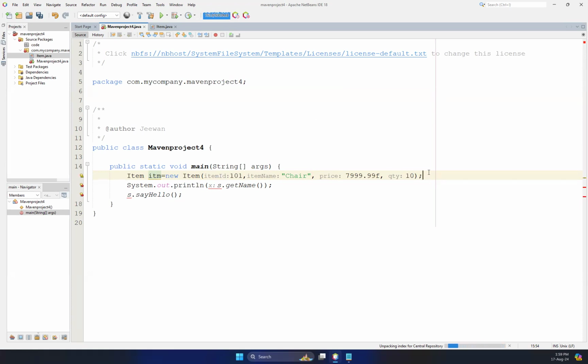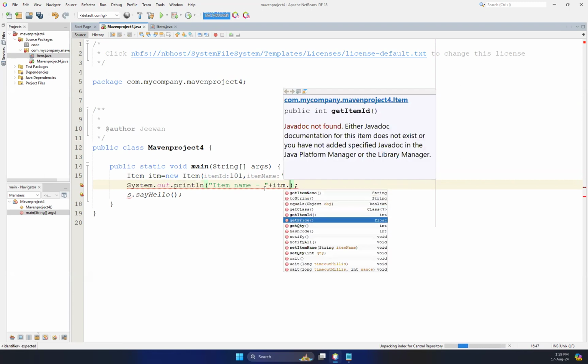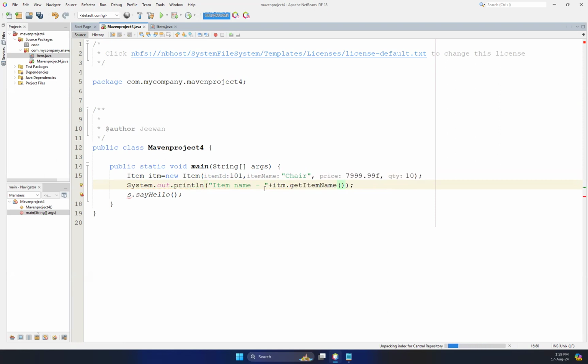Now we have the variables, and then you could just print using the name of the variable, name of the item. You could print name is equals to item name. If you want to display the item name, you could get it by item dot getItemName. Likewise, if you want to